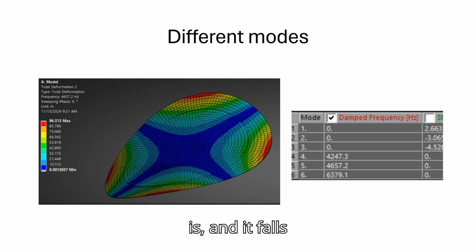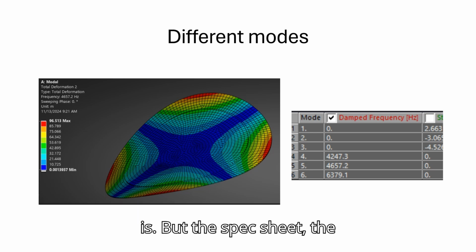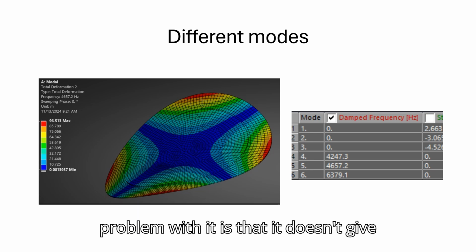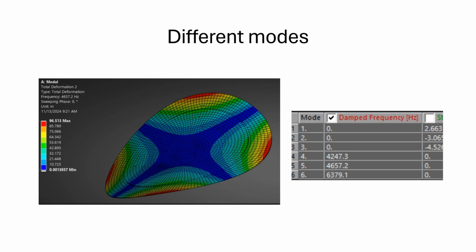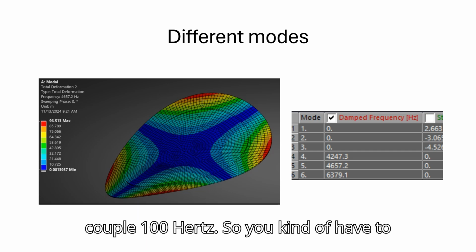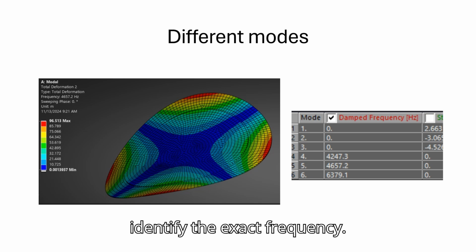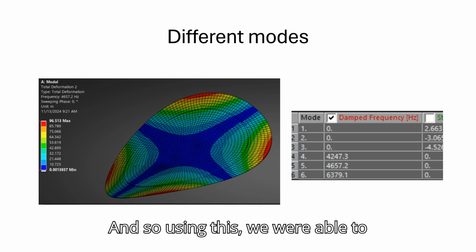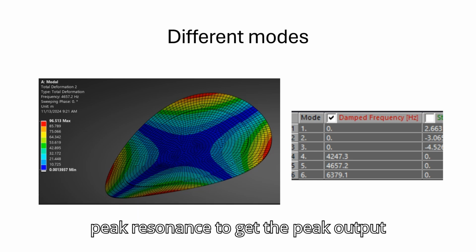and it falls along the line of where the spec sheet is, but the problem with the spec sheet is that it doesn't give exactly the number. It gives you a value and then a tolerance of about a couple hundred hertz, so you kind of have to dig through it, and this helps us identify the exact frequency. And so using this, we were able to identify around where we can get the peak resonance to get the peak output voltage